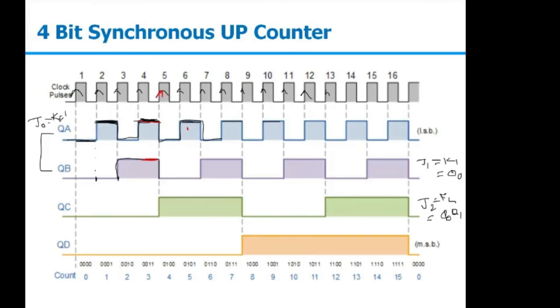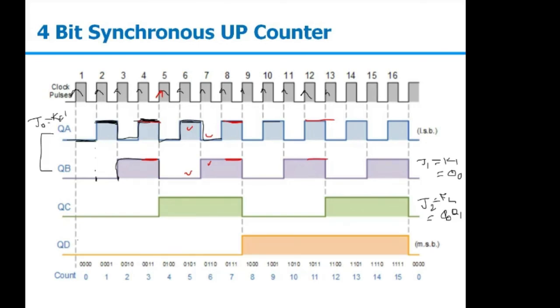Then here it is 1 0, it is 0 1, no toggling. Again we are getting it at the 8th clock. After the 8th, you can see at the 9th clock, both are 1. So in this case, J2 equal to K2 will be equal to 1 and my QC will be toggled. The third one I will be getting somewhere here at the 13th clock pulse, where the toggle will occur.